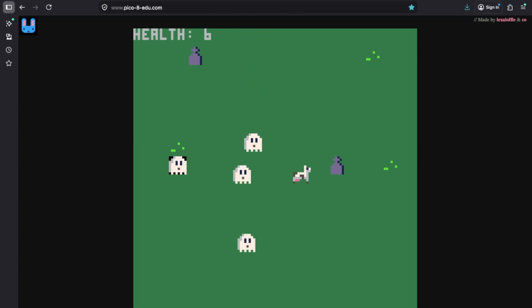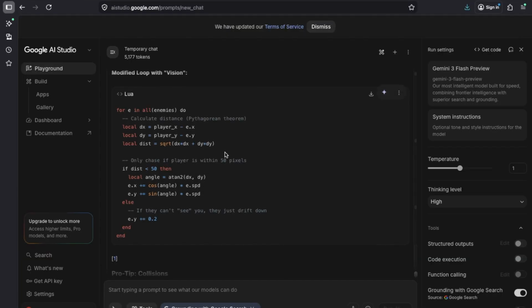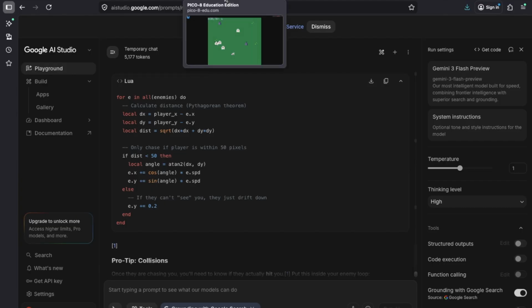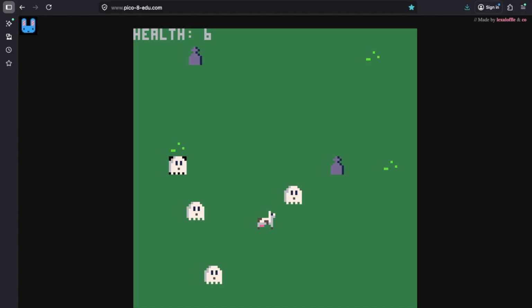And then the next thing for me to do is to figure out how to make the ghost actually chase me instead of just going down all the time. And I will be using AI for that as well. I have it up right here. I already asked the question. I got to figure out how to make that work. And then after I figure out how to make them chase me, I can go back and fix this health thing, because right now the health still only works with this one, and the health drops way too fast.